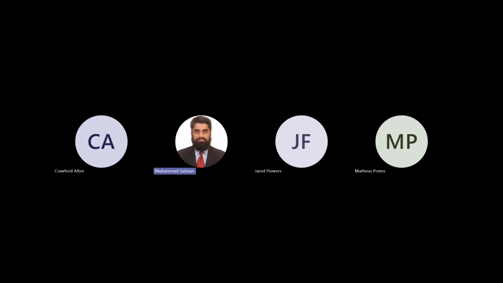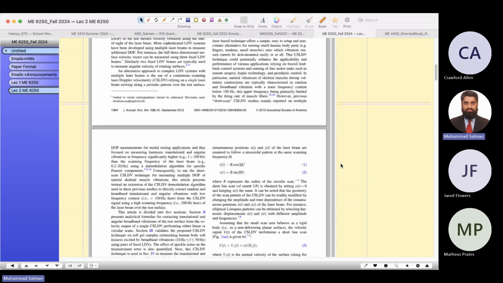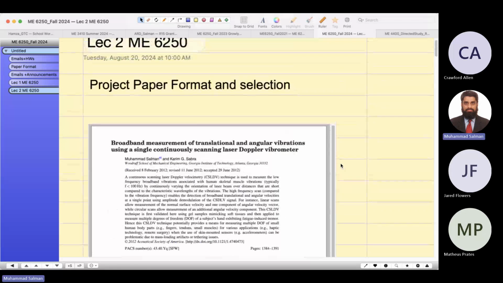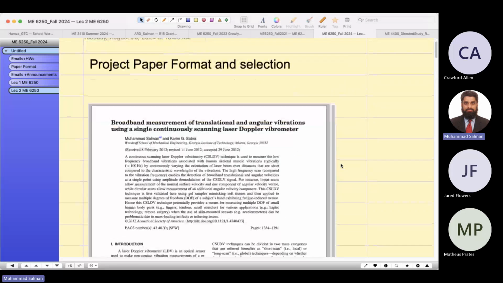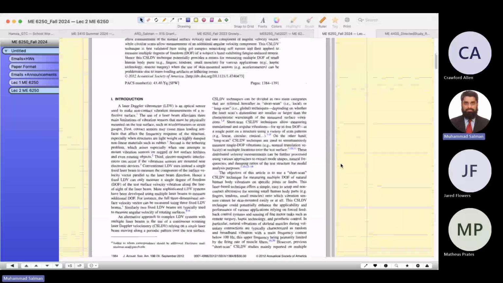Okay, so as you can see, this is one of the papers which I wrote when I was a student, or probably a PhD student at that time. And then I have a few more papers, but I just want to show you this paper. This is related with the vibration analysis, and I wrote the theory section.